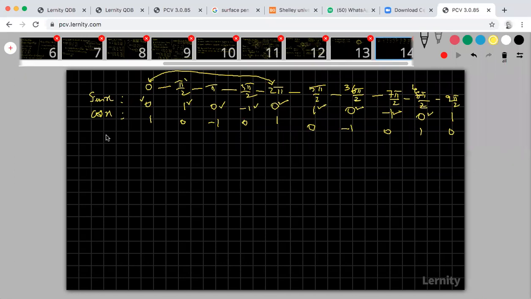Now look at that. Now conclude that sine x is equal to 0, which implies what are the x values? What are the angles making the sine of the angle 0? Look at that. Sine 0 is 0. Next, sine pi is 0. Similarly, sine 2 pi is 0. Sine 3 pi is 0.